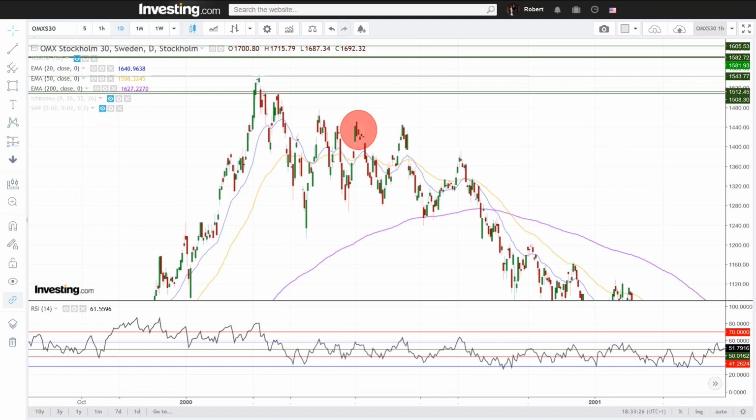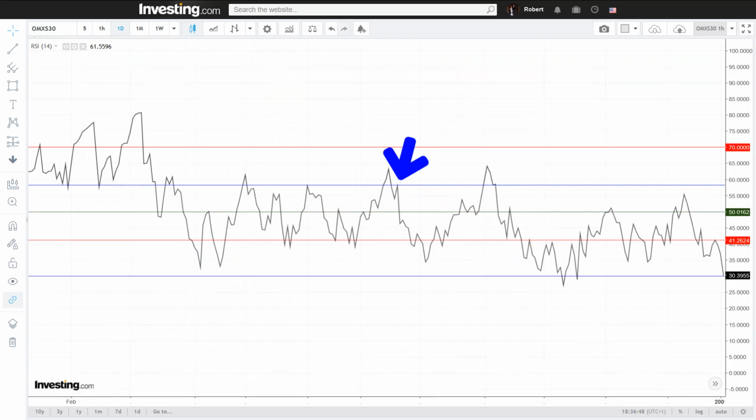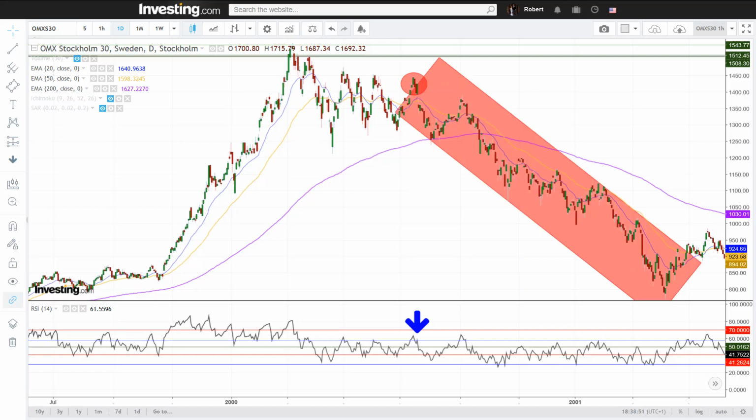In this case, we took a short at 1442. 6 weeks later, the RSI closed at 63.25 at 1444, thus causing us to get stopped out, but at a meek 0.13% loss. So even with a 20x leverage, this would amount to nothing more than a 2.6% loss. And the beautiful part is that just 3 days later, the RSI again retested the upper bearish blue from below. Always from below, upon which the price rolled over and died.